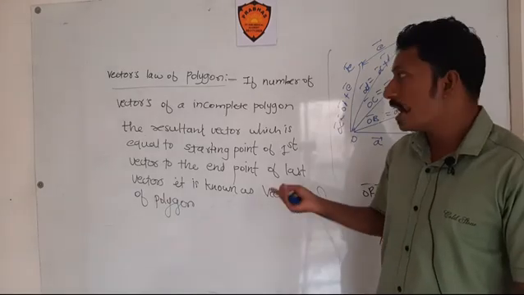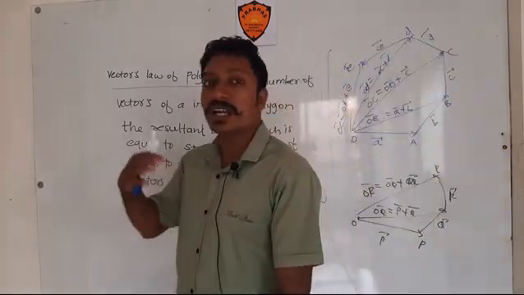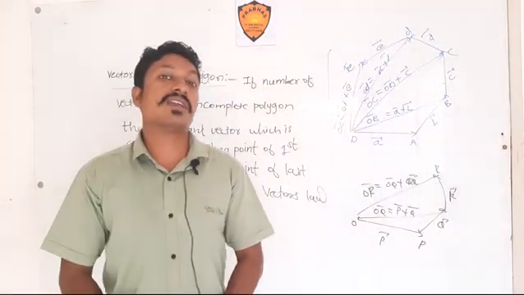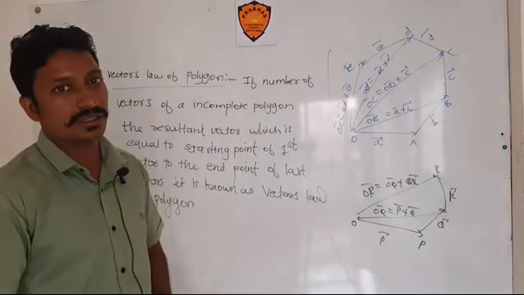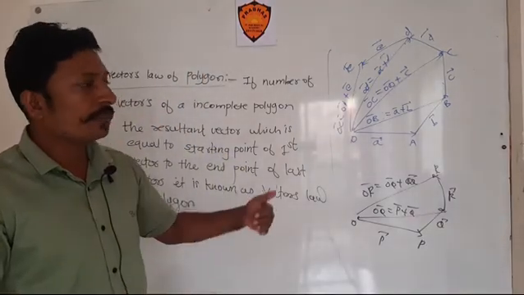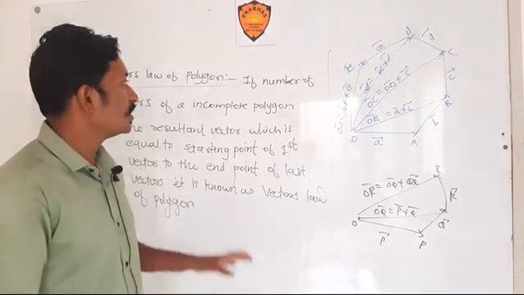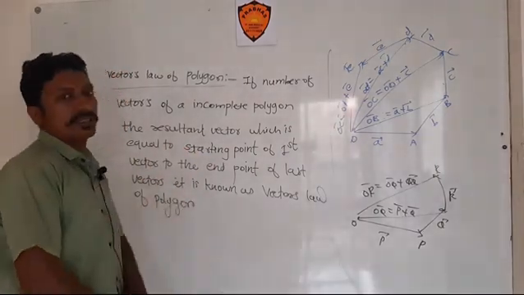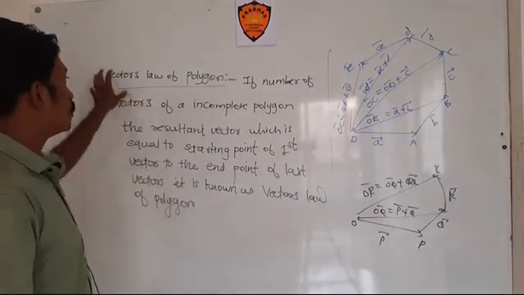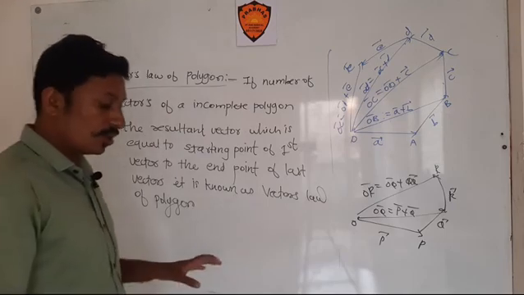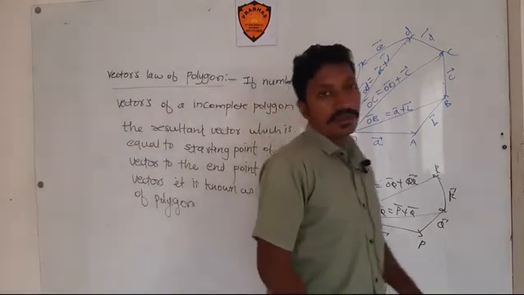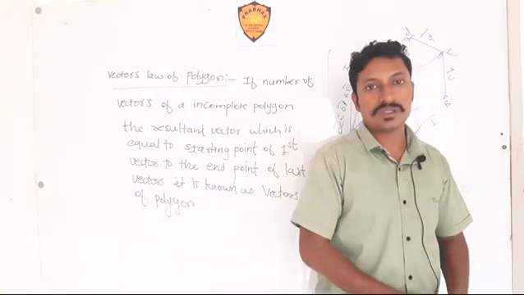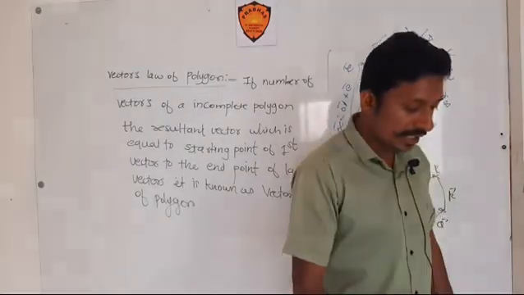This is also how the vector law of triangles happens. There, if a number of vectors are given, addition is done in the same way as the vector law, but here a number of vectors are given. Understand, student? This question is most important, because in the 11th standard exam this question will be asked many times. Okay, student, complete this.